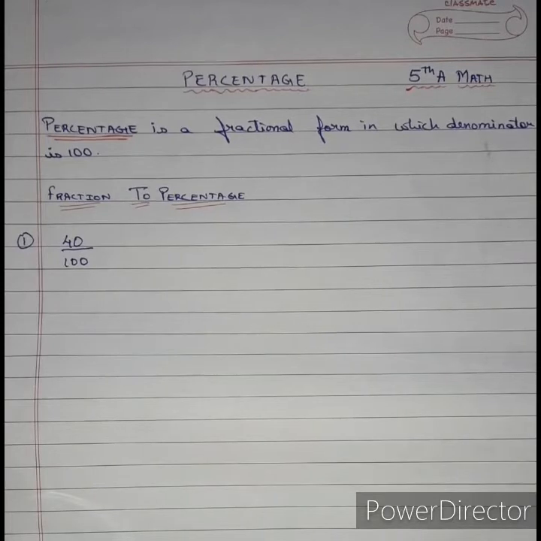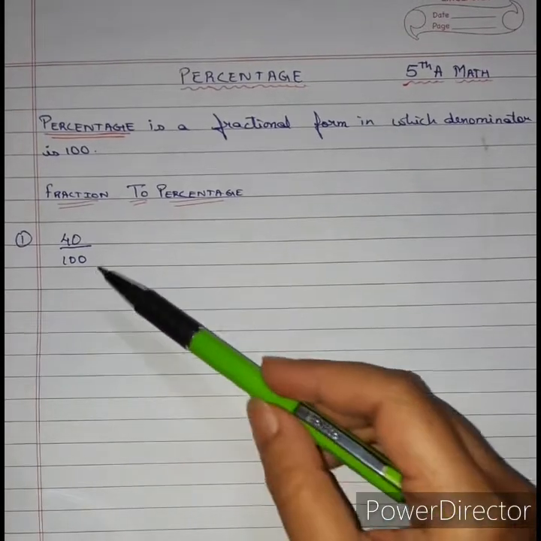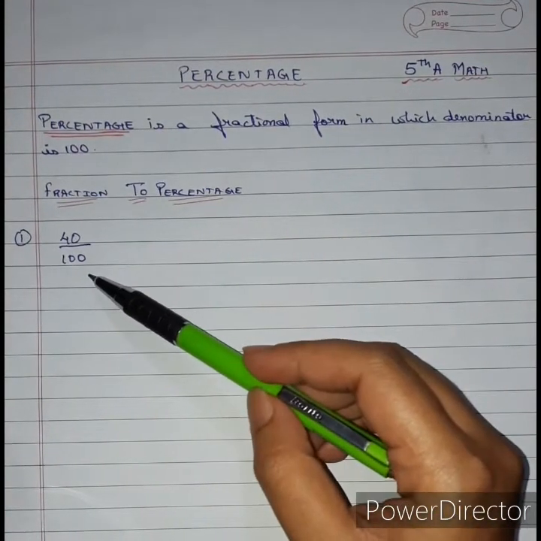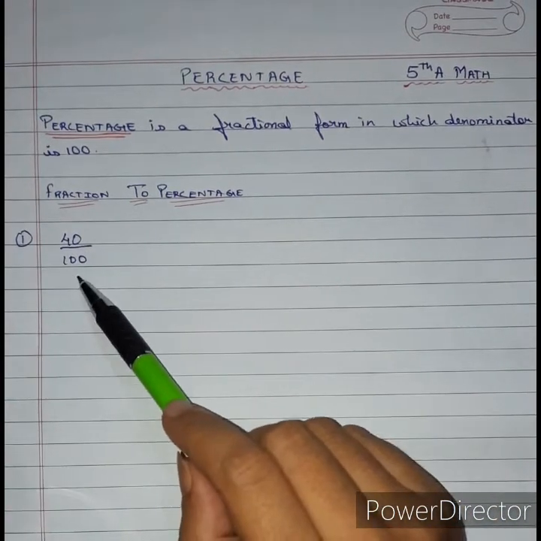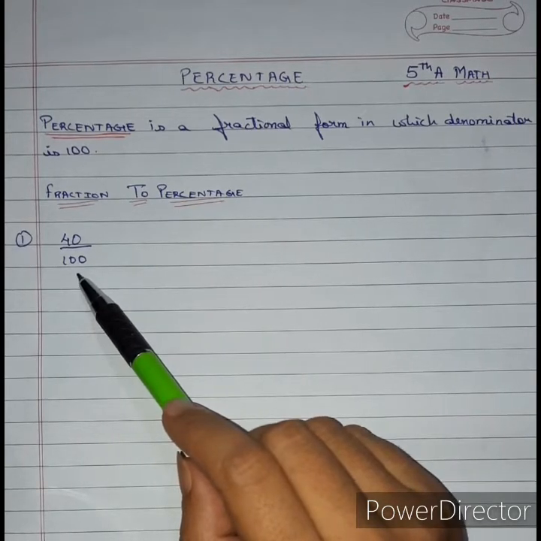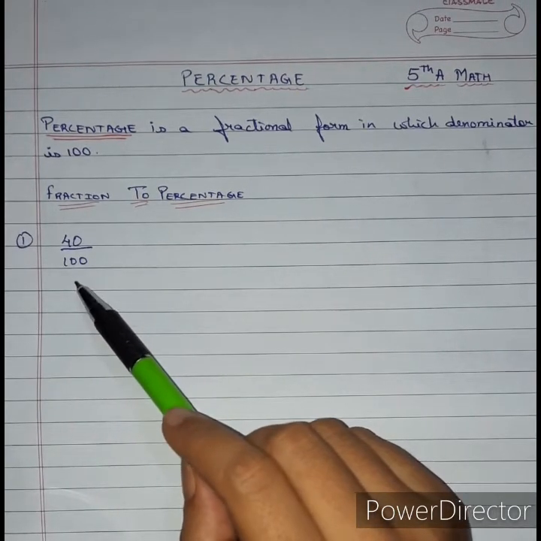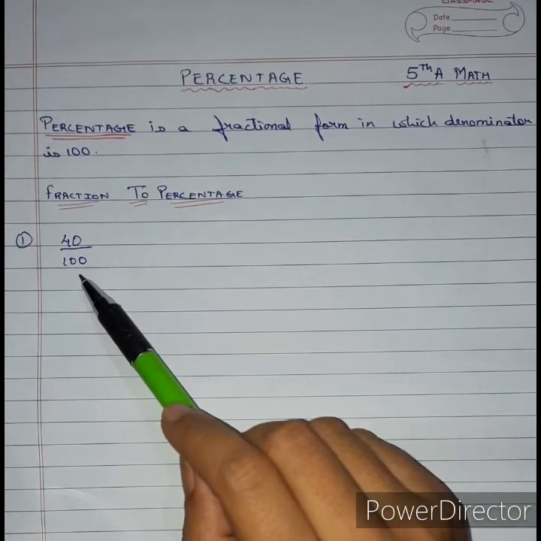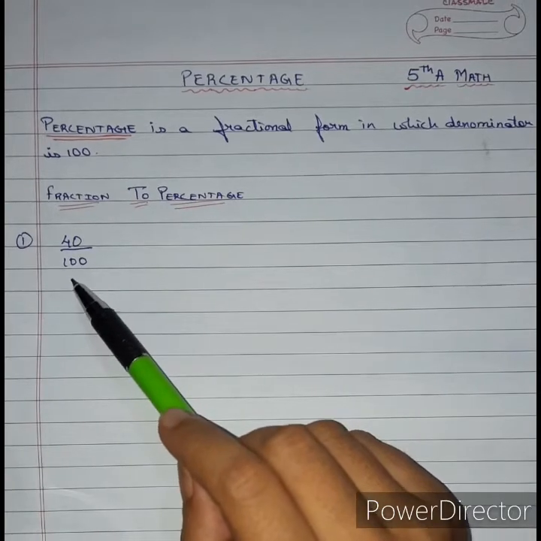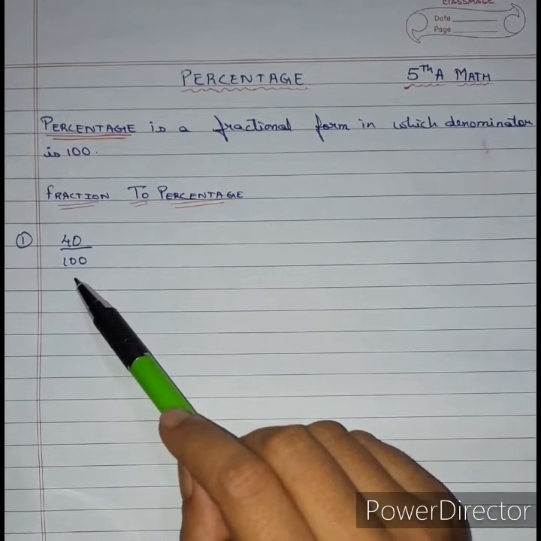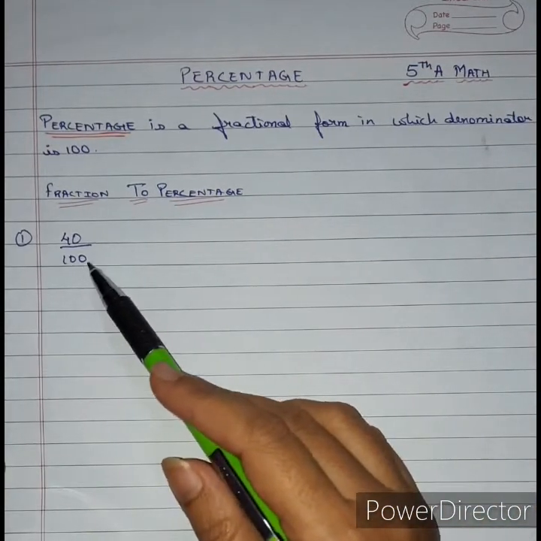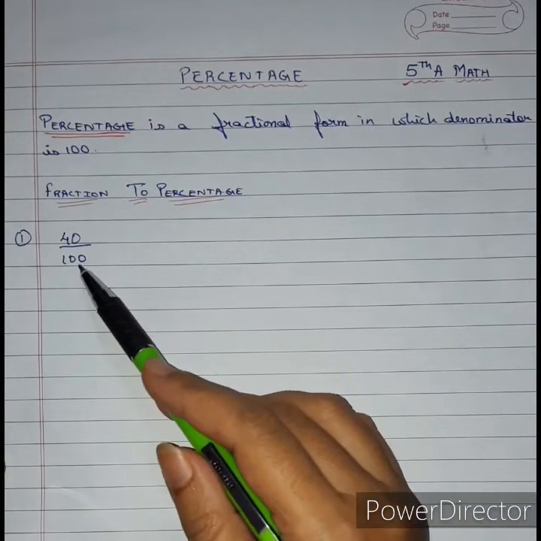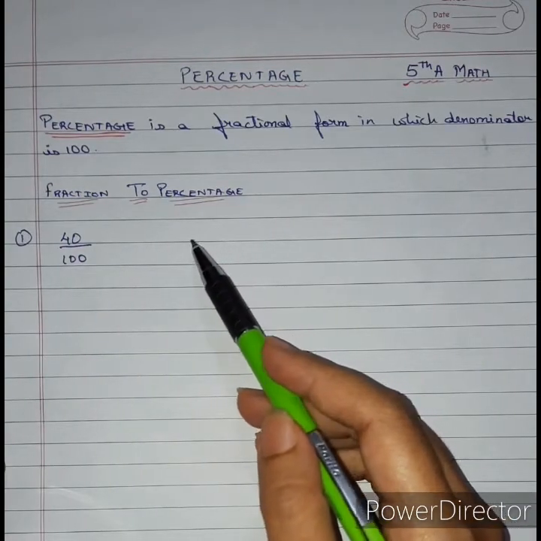Let's see conversion of fraction to percentage. When we are given a fraction, there are two parts for fraction. One is the top part, which is called as the numerator, and down we have the denominator. Now in percentage, the fractional form has to be upon 100. So we have to make sure that we have 100 below. If it is not 100, we have to make that denominator 100, okay, by multiplying a number. Now it is already upon 100, so we don't need to do anything further. We just have to convert to percentage.